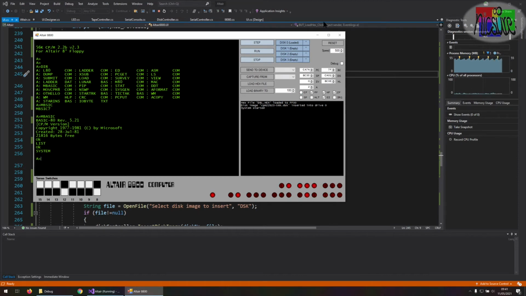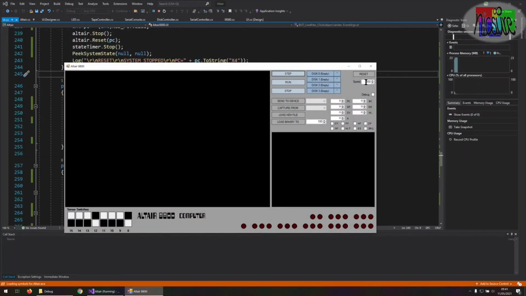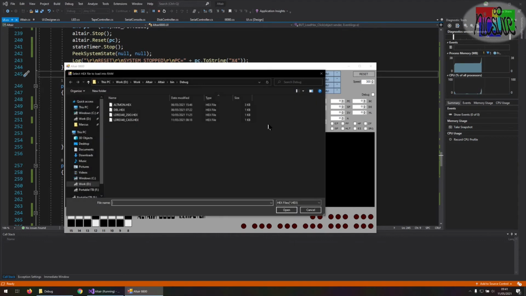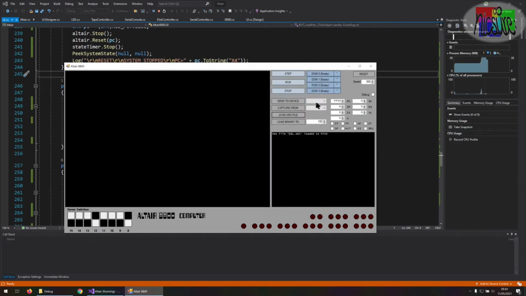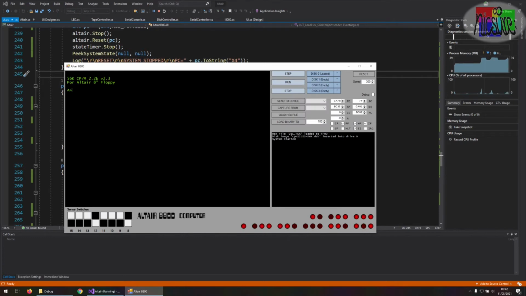Now what I'm going to do, I should have done this before, but here I can control the speed of the system, so I'm going to have to increase the speed of the system a little bit because Ladder is terribly slow otherwise. So I'm going to set it to 300 nanoseconds per clock cycle, and we're going to load CP/M again. Okay, now if I start Ladder,